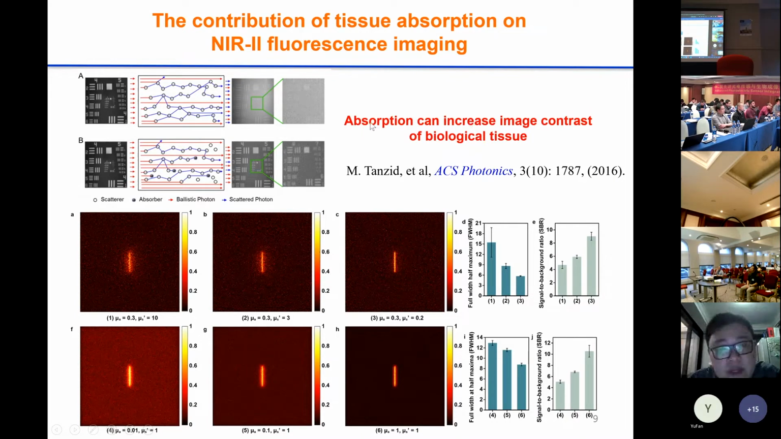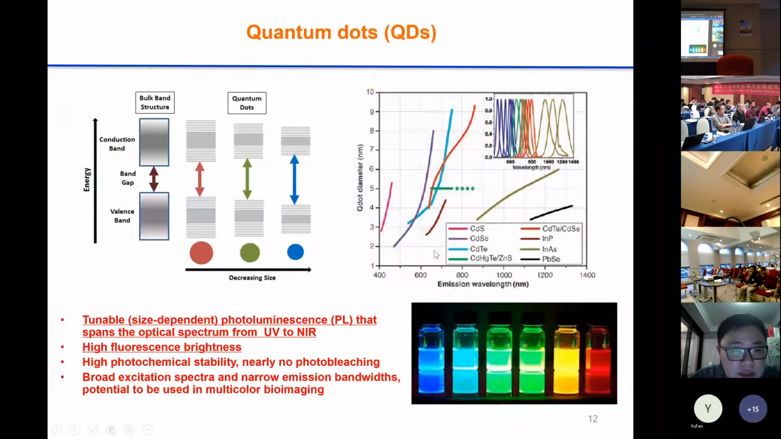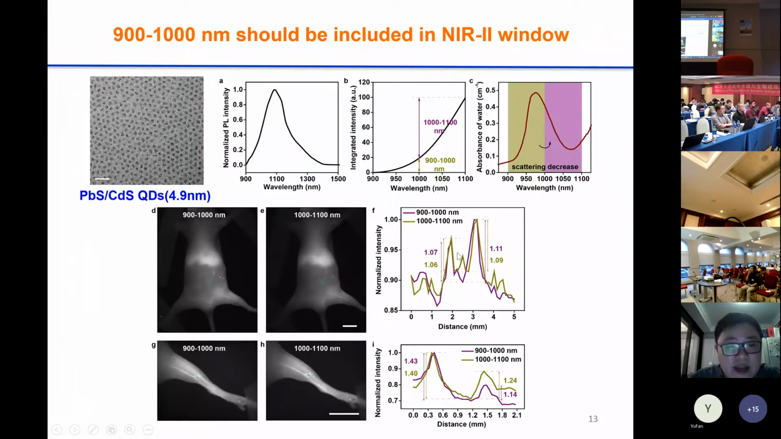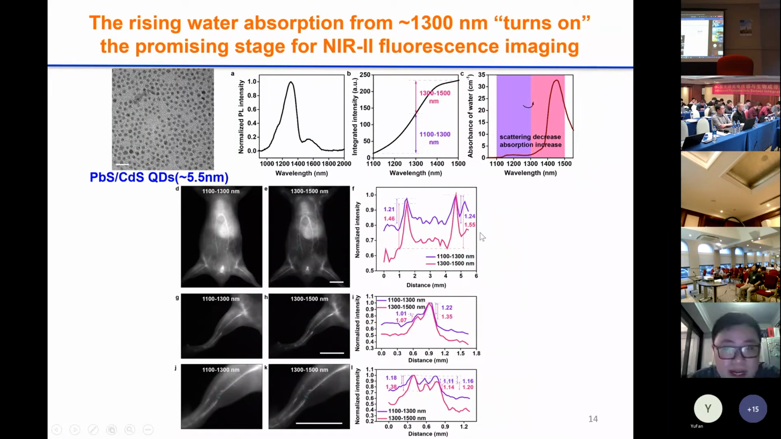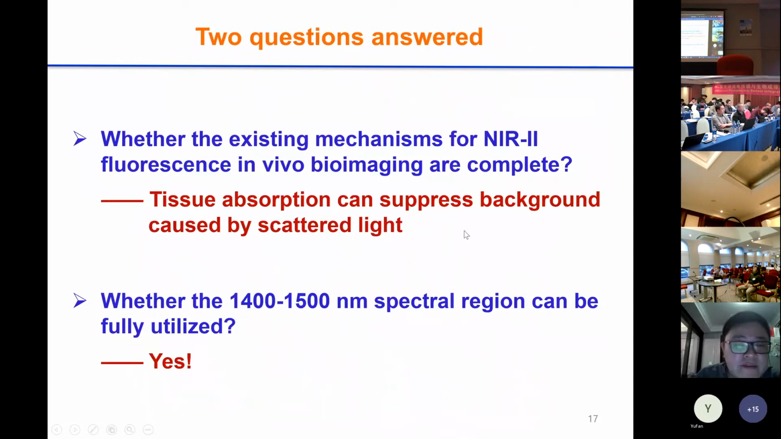Okay, here, the moderate absorption can play a positive role. And then in our group, we did lots of simulation work like this and also like this, and also conducted experimental work. For the time being, I will not talk too much about the simulation and experiment details. Finally, our conclusion is that the tissue absorption can suppress the background caused by scattered light during the